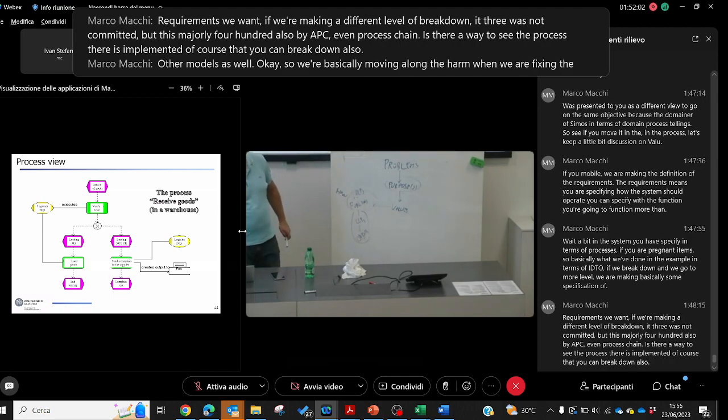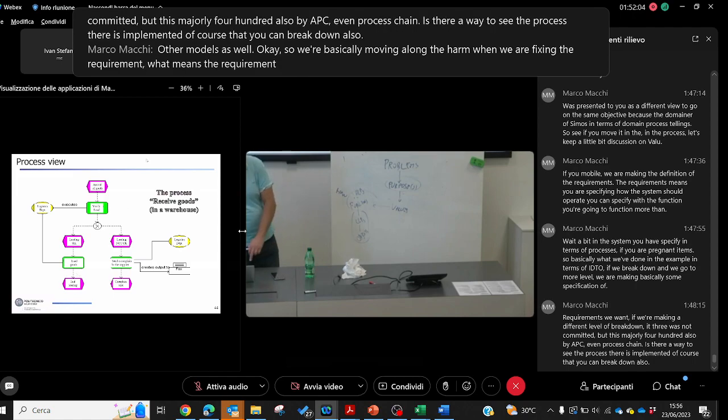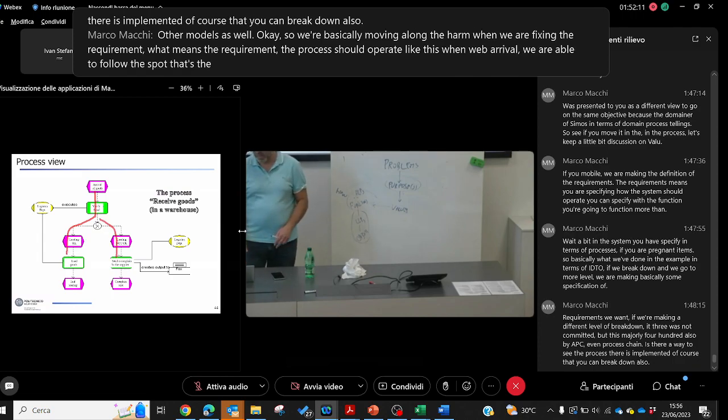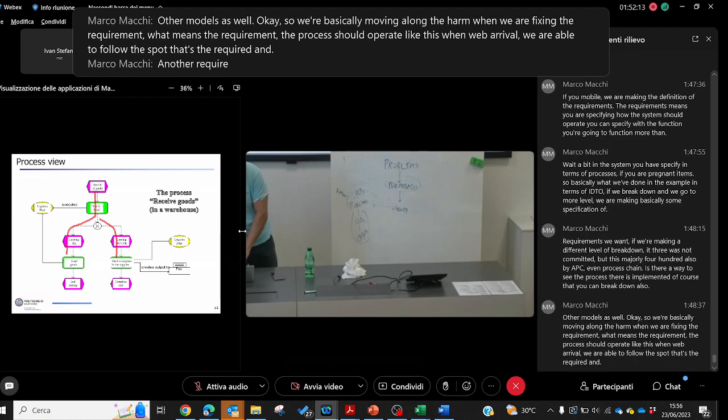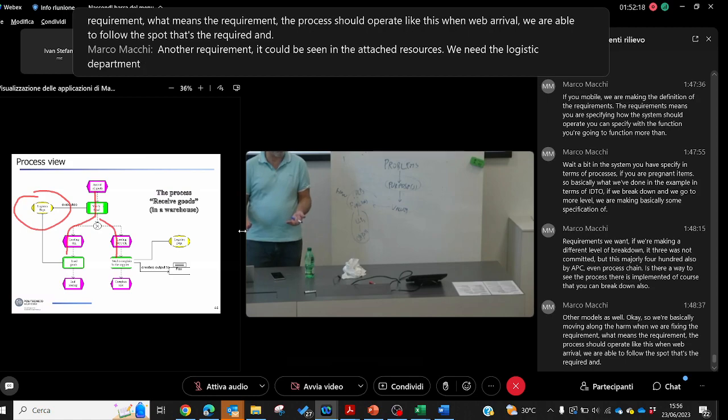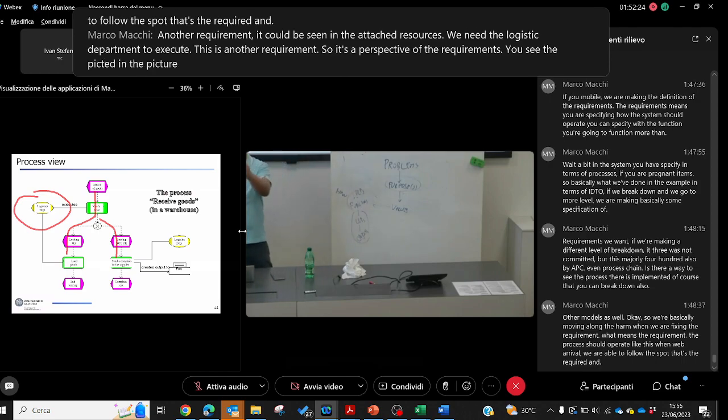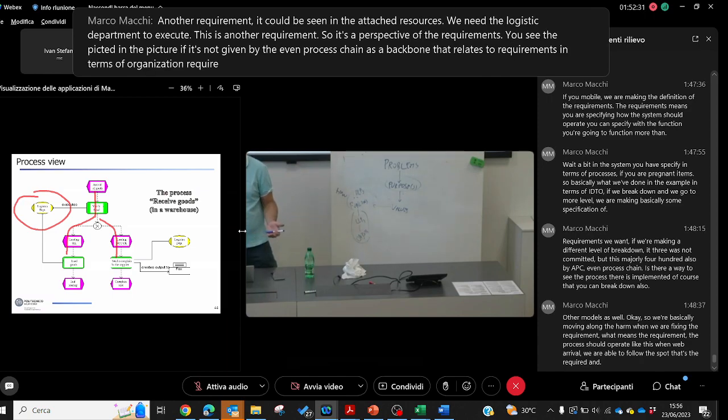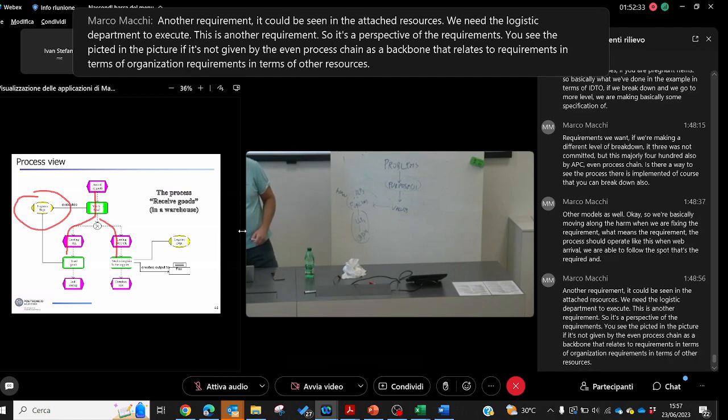What does a requirement mean? The process should operate like this. When we have the arrival, we are able to follow this path. That's the requirement. And another requirement could be seen in the attached resources. We need the logistic department to execute this other requirement. So it's a perspective of the requirements you see depicted in the picture. It's given by the event process chain as a backbone that relates to requirements in terms of organization, requirements in terms of other resources, a perspective in terms of